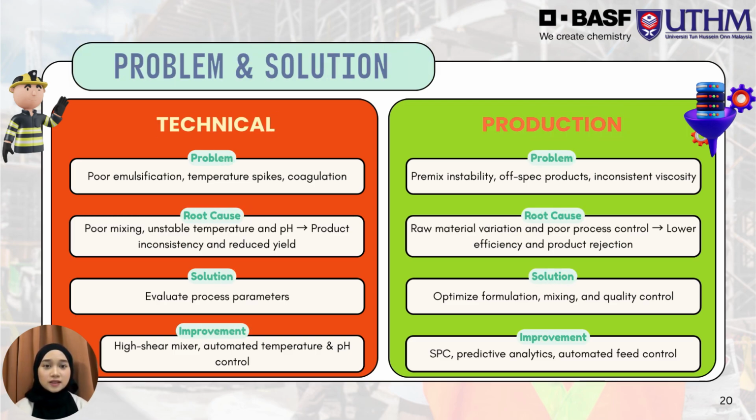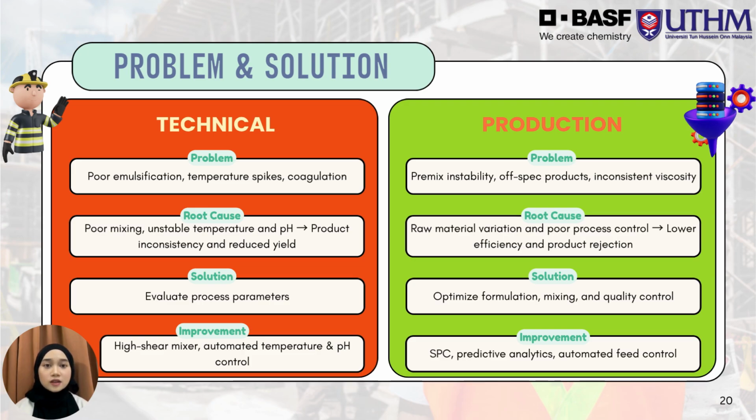Next, I will discuss several technical problems that may occur during polymer dispersion production. The first issue is poor emulsification, temperature spikes, and coagulation. These problems are mainly caused by poor mixing, unstable temperature, and poor pH control. As a result, product quality becomes inconsistent and production yield decreases. The current solution is to carefully evaluate process parameters and optimize operating conditions. As a continuous improvement, BASF can implement high-shear mixers together with automated temperature and pH control systems to improve process